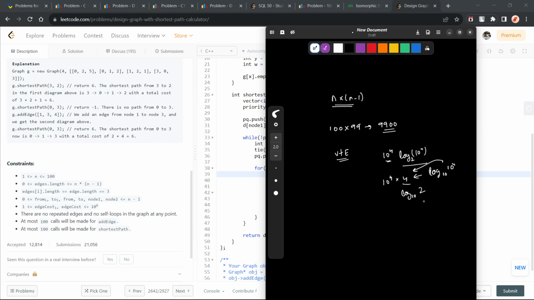Now I calculated this by 4 upon log 2. So this is roughly 13 point something, this value. I considered it to be 14. So it should be 14 into 10 raised to the power 4 for one single DFS, or for one single BFS, or